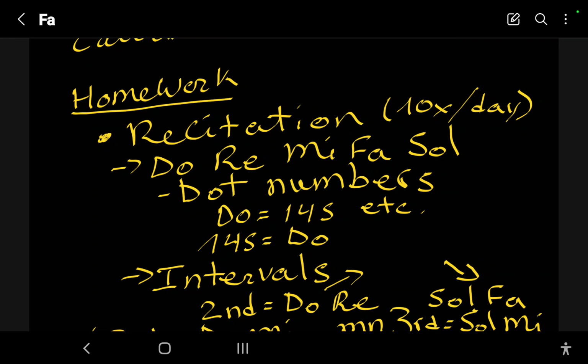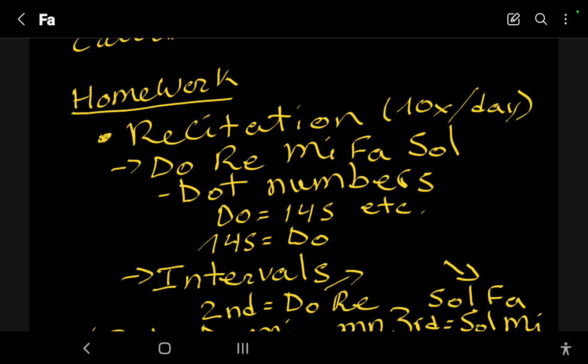you can work with a metronome. For that, you simply turn on your metronome and you recite the pitches and the dot numbers with each click. And as you're comfortable with a lower or medium pace, you can slowly increase it. Obviously, you don't want to jump from 0 to 100. Not recommended. But slowly increase it, and you will find that your